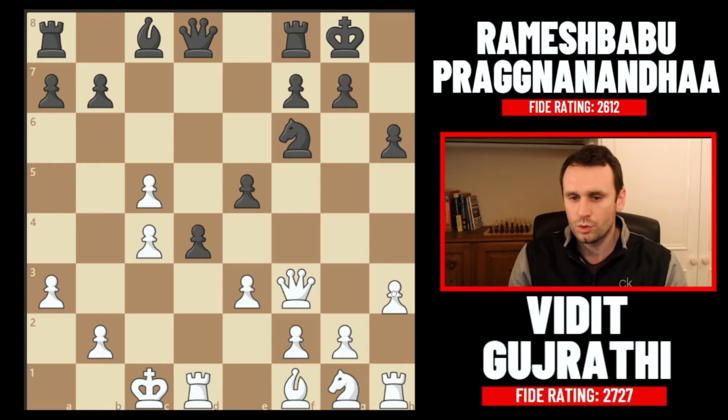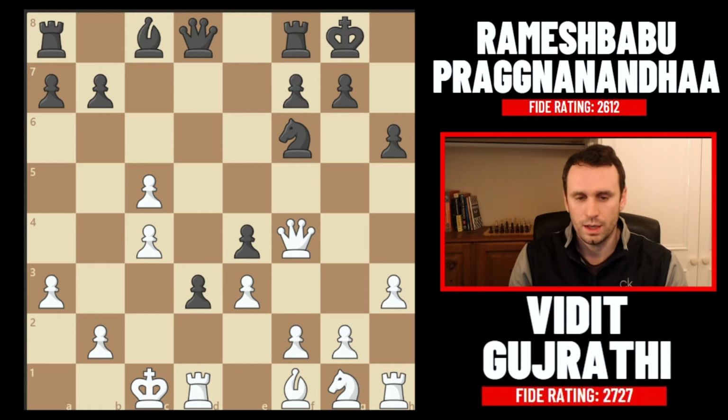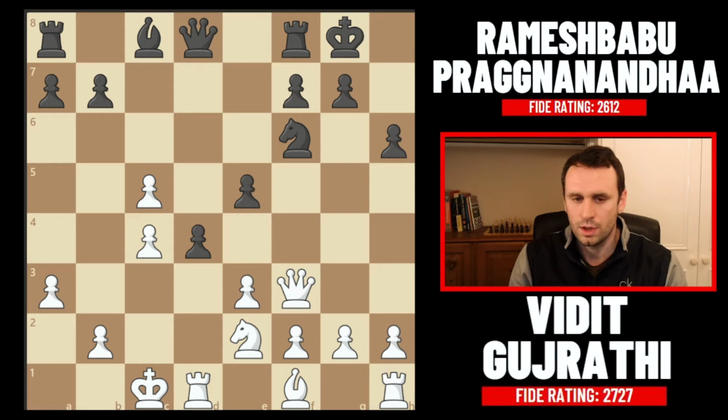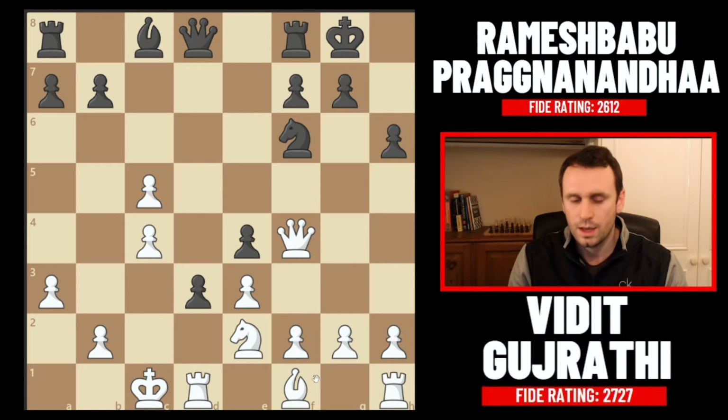Now if you go pawn to h3, this is too slow because now e4 comes. After the queen moves up to f4, then d3, and you're just getting completely squashed here as we can see. But the subtle difference here between what Vidit plays compared to this is that he goes knight to e2 in this position. And now if you try pawn to e4, queen to f4 and pawn to d3, here the knight